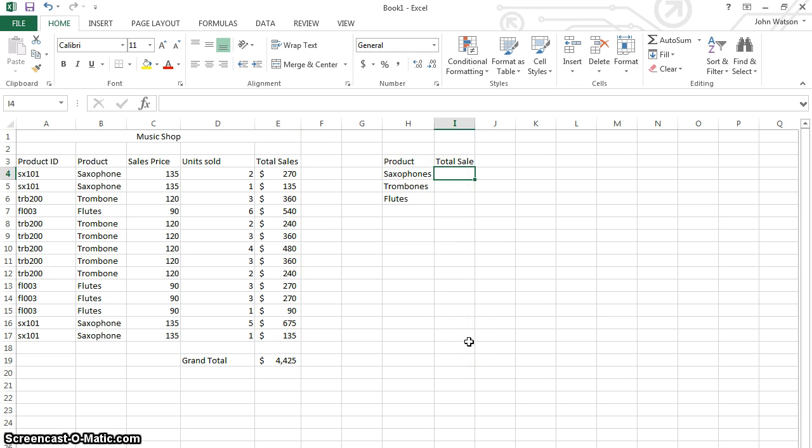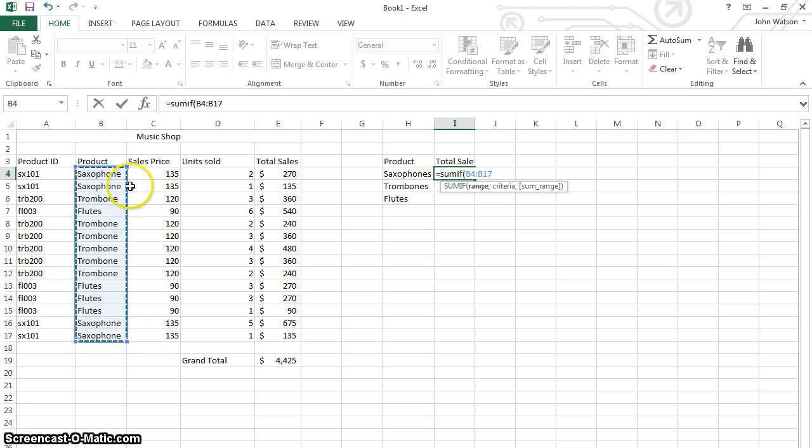Now what I'm going to do is create a function which is the SUMIF function. It asks me for a range, it asks me for a criteria, and it asks me for the sum range. Well, the criteria is the thing that we're looking for, and we're looking for saxophones. Where can we find the saxophone information? Well, we can find it in this range of cells here, comma,